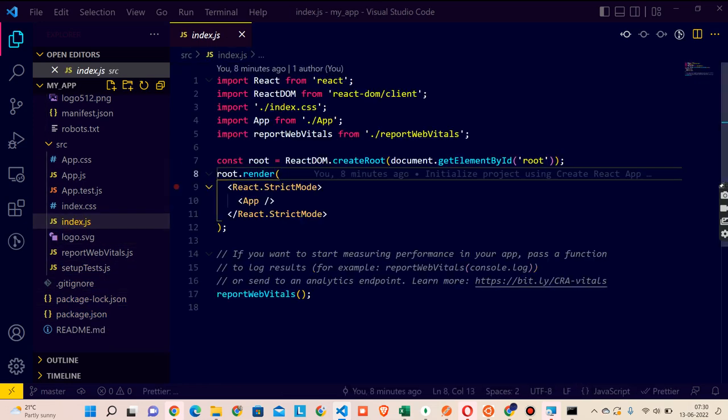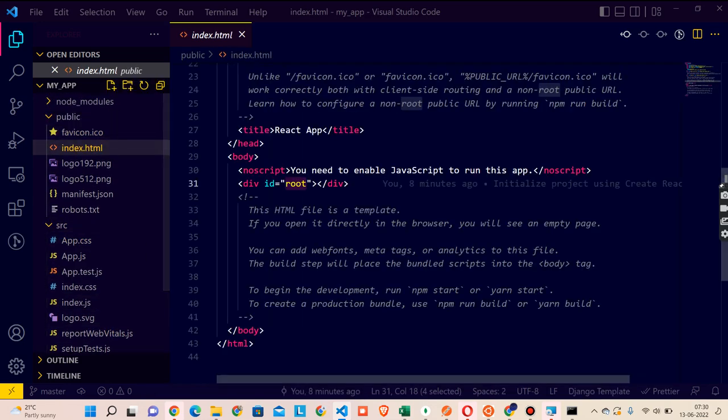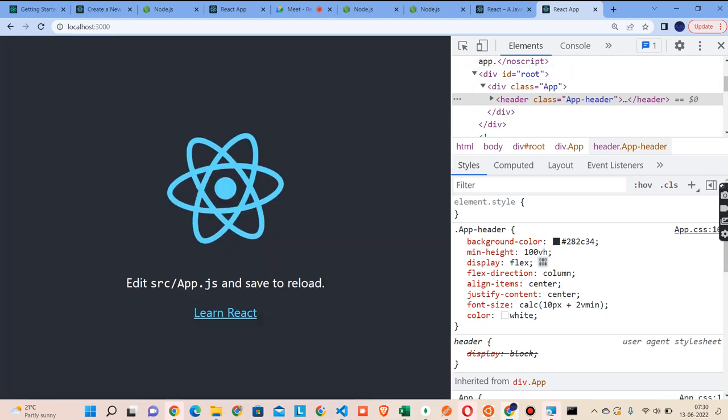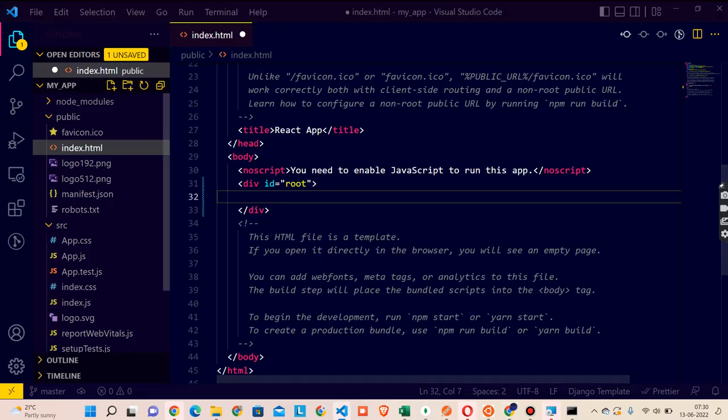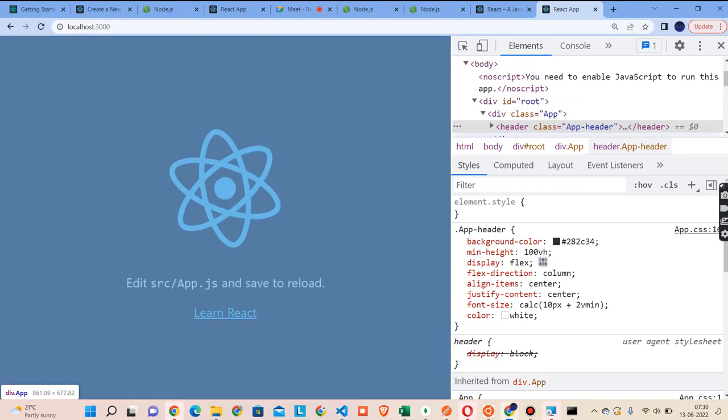So from here they were accessing this id, and all the things they were putting with the help of JavaScript directly over here. So you can check all the things will come over here. As of now they were using some text, header, logo, these all things. So where it's pointing, if you inspect it and check,